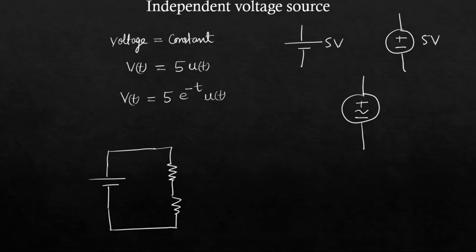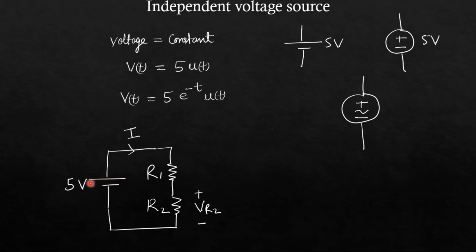Suppose you connect two resistors here, R1 and R2, across this voltage V. You can have a current in this circuit. Now, the parameters in the circuit can be the current, the voltage across R1, and the voltage across R2. But this voltage is not depending on any of the parameters. Neither is it depending on VR2, nor on the current. It is independent. That is the meaning of an independent source.